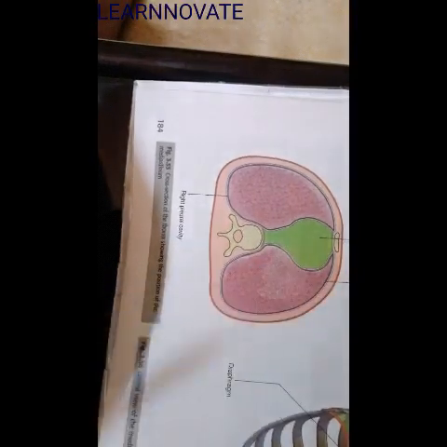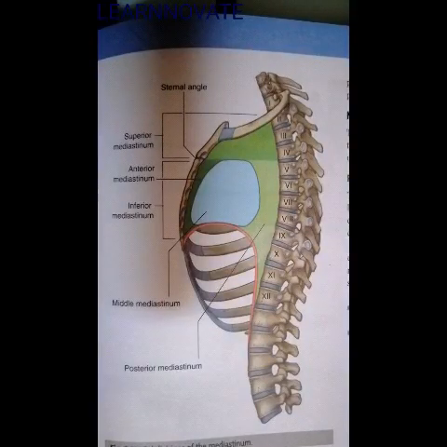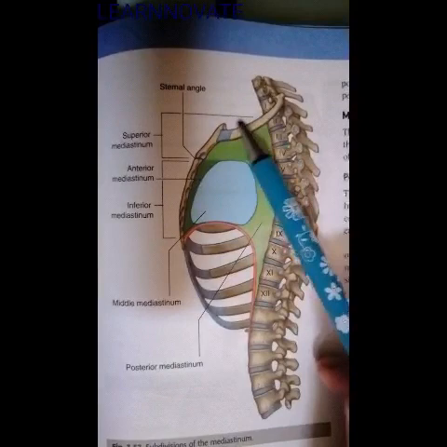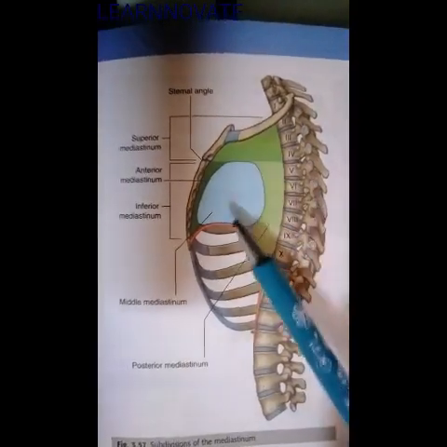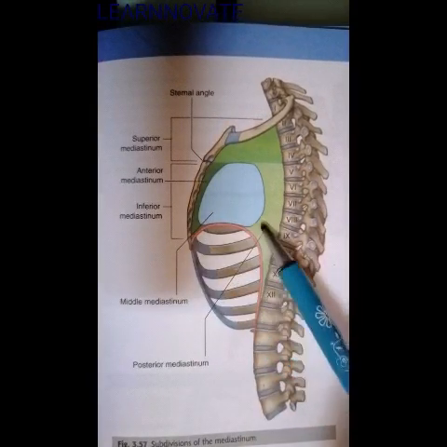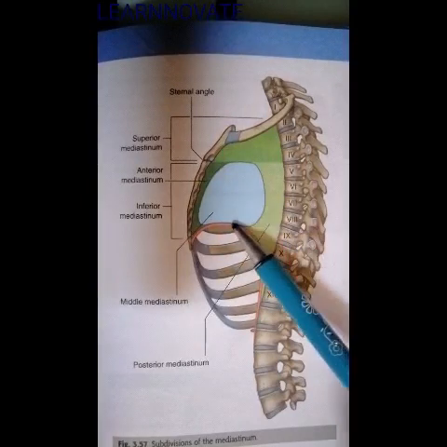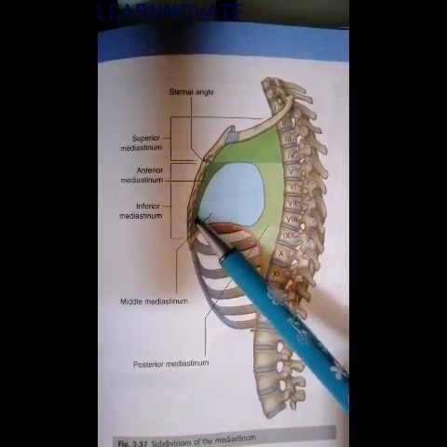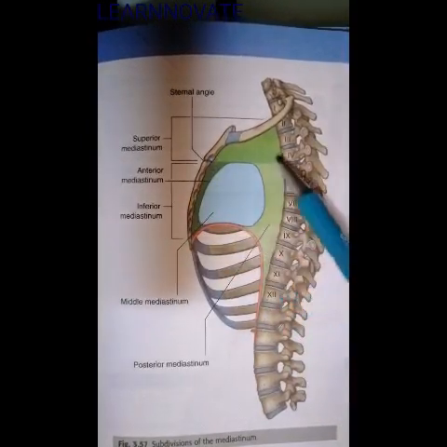This mediastinum, if we see it laterally, is divided into three parts. Now, if we take a broad classification, the mediastinum extends from the superior thoracic aperture, the opening through the first thoracic rib, down to the diaphragm, which is the lower level of the mediastinal cavity. Between the thoracic aperture and the diaphragm, superiorly and inferiorly, anteriorly there is the sternum and posteriorly the thoracic vertebrae. This is the limit of the mediastinum.